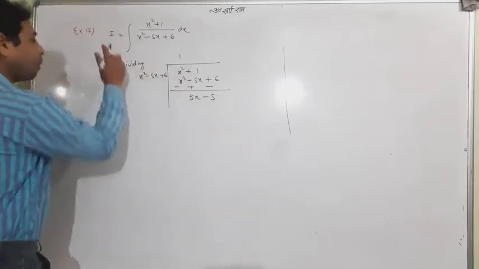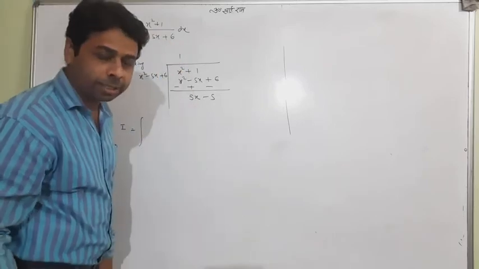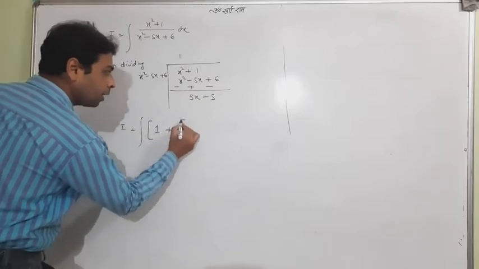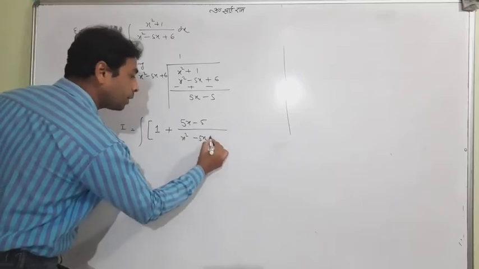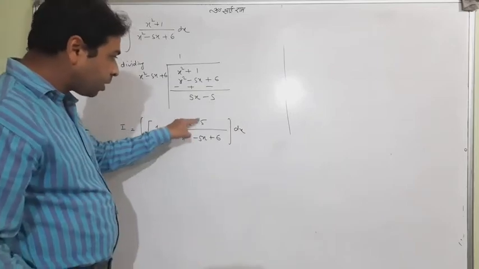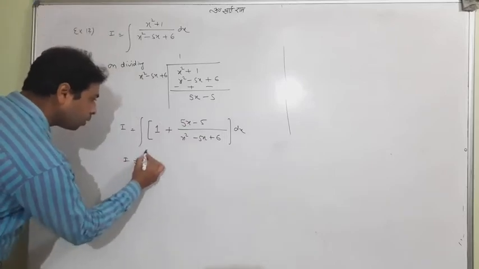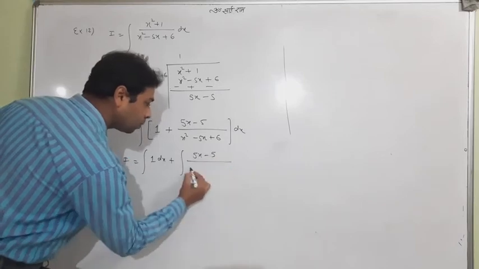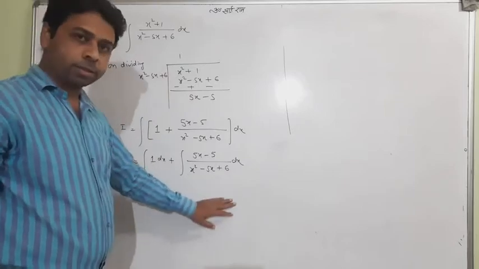And now I'll write my question, as I taught you in integration. First I'll write the quotient, then I'll write plus remainder upon divisor, like that. Now this has changed into a proper fraction because this is power 2 and power 1. Now what will we do? You will separate it into two different terms, like that, this and this.